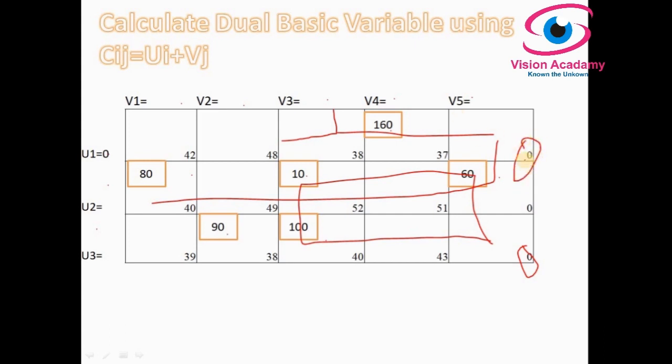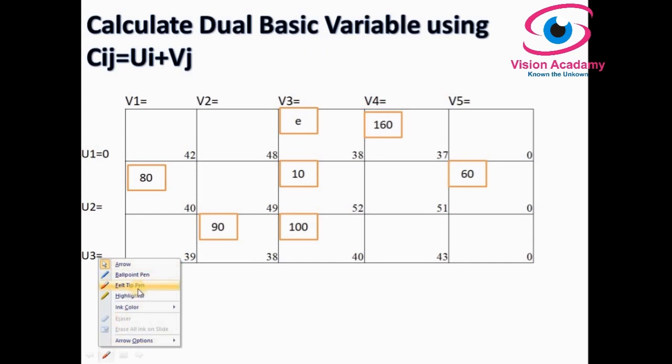dummy destination and there is no cost for this, I am going for another least cost which is independent. It means you are unable to form a closed loop, for which I assigned E. E means there is nothing, it's a 0. If you multiply 38 into 0, it won't affect anything. After introducing epsilon to this cost sheet, this dummy allocation which we made, let us see